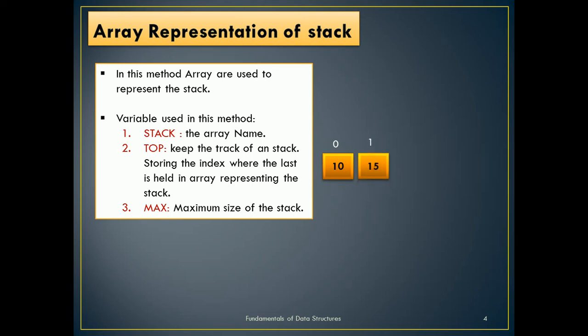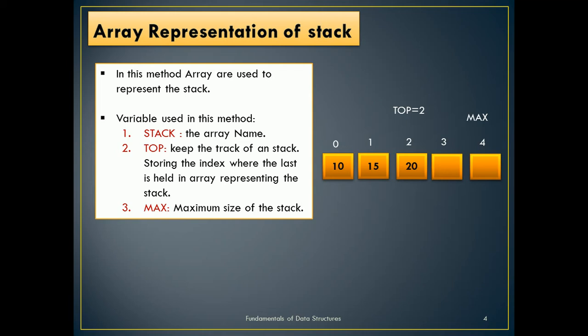Then the second element, that is 15, is at the first index location. Suppose the third element is 20 at the second index location, and suppose there are two other memory variables here that are blank. Suppose this is one array having the indices 0, 1, 2, 3 and 4. It means that the maximum size for the array is 5.